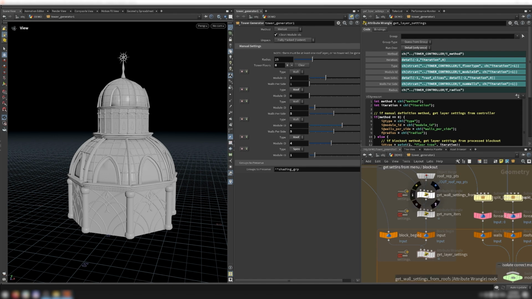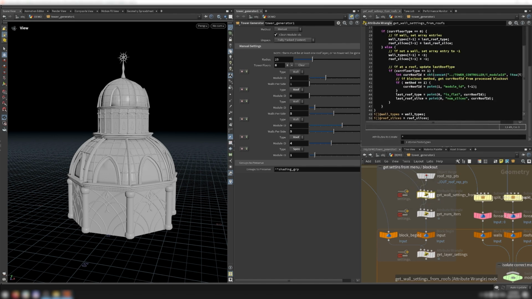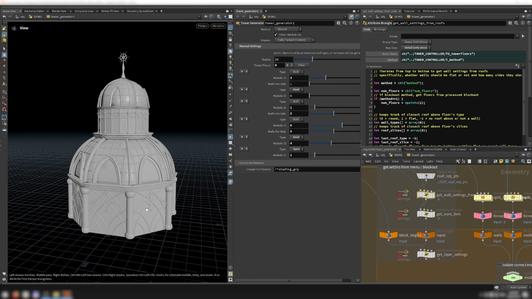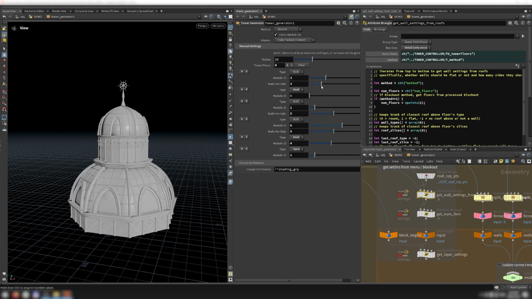First, let's look at this get wall settings from roofs wrangle. If you look closely at how the towers are generated, you'll notice that the wall layers are influenced by the roof layers above them. Specifically, the number of roof slices in the roof layer above a wall layer determines how many sides are in that wall layer. So for example, this roof layer has 8 roof slices, so there are 8 wall sides in the wall layer below. Note that the number of walls per side can vary, but the number of sides will always stay the